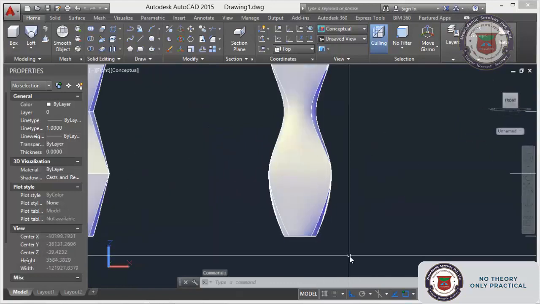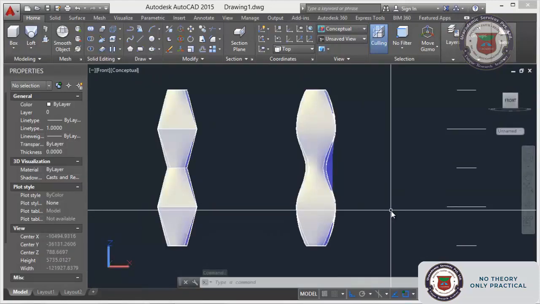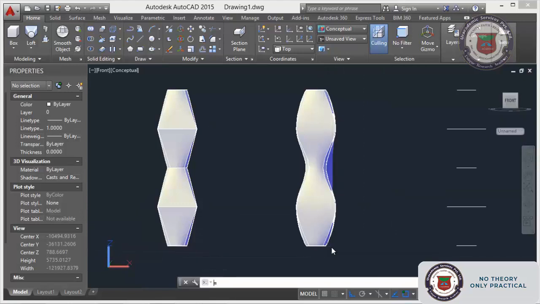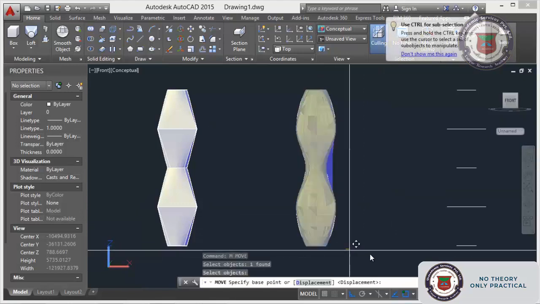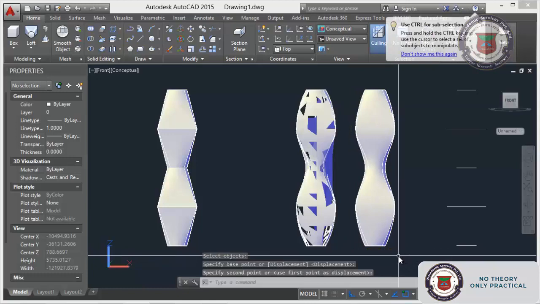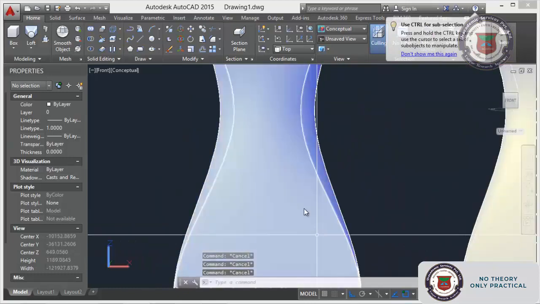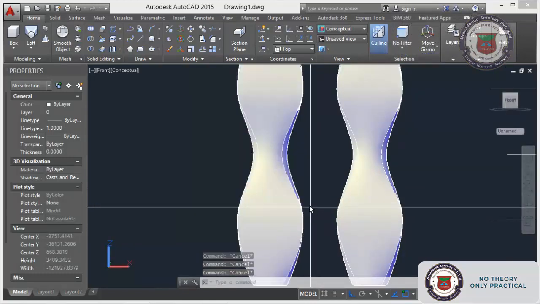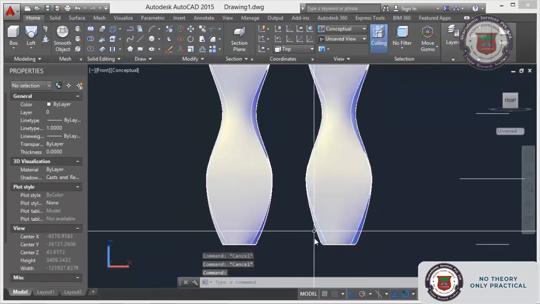See the difference, that angle difference I have given. See the difference. This is one, this is one. The start angles will vary.